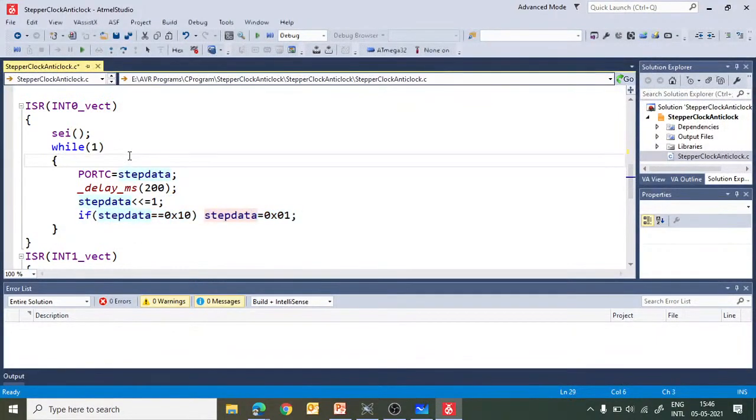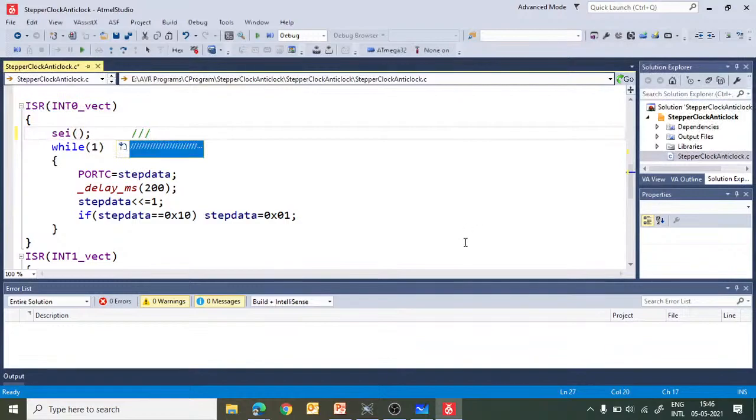But whenever we are in this external interrupt 0 loop, it will not allow any other interrupt to occur until and unless we enable the interrupt flag in the same loop. Because of that, we are doing SEI here, right?